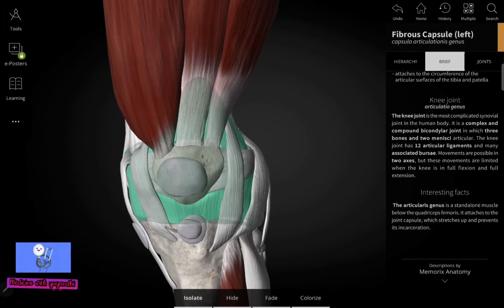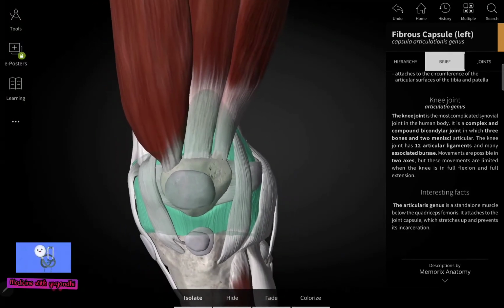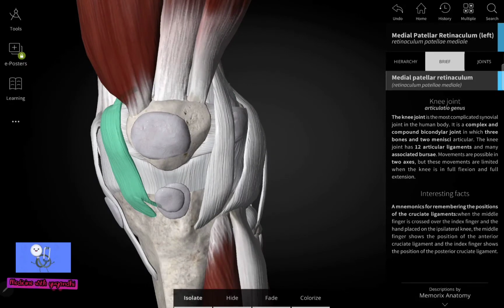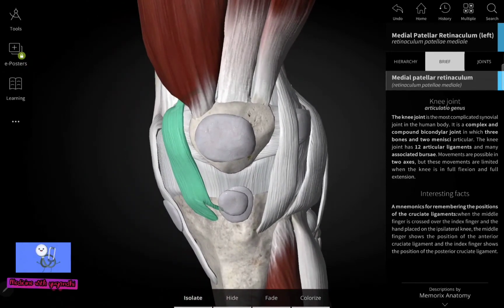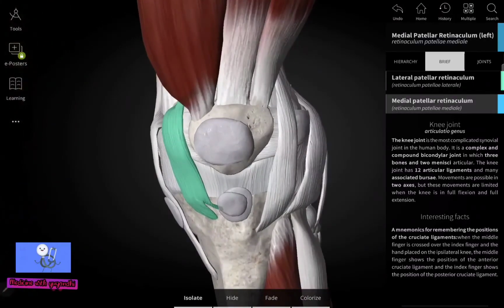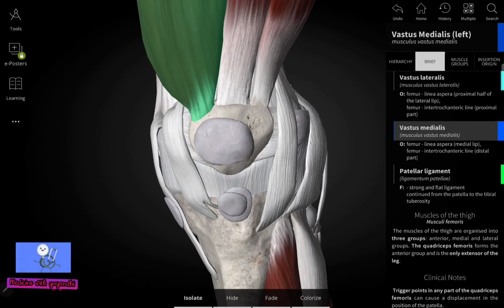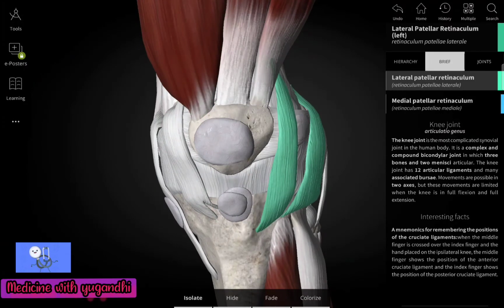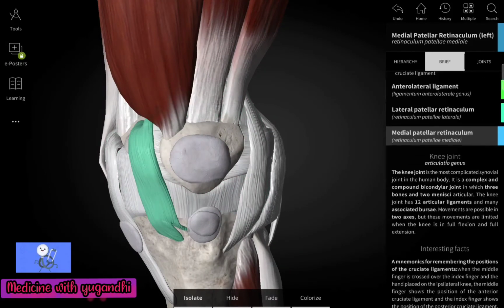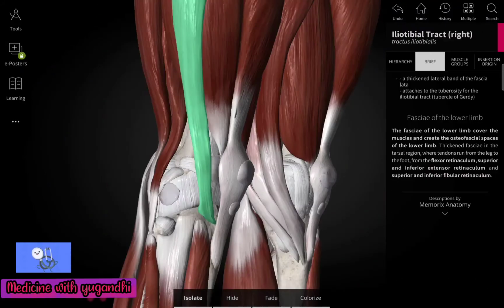Now coming to the next feature of the fibrous capsule. So the fibrous capsule is somewhat weak in nature. So it needs some structures to strengthen it. So anteriorly, it is strengthened by the medial patellar retinaculum and the lateral patellar retinaculum. So the medial patellar retinaculum is nothing but the extension from the vastus medialis, and the lateral patellar retinaculum is nothing but the extension from the vastus lateralis. So once again I am repeating, anteriorly this fibrous capsule is strengthened by the medial and lateral patellar retinaculum, and